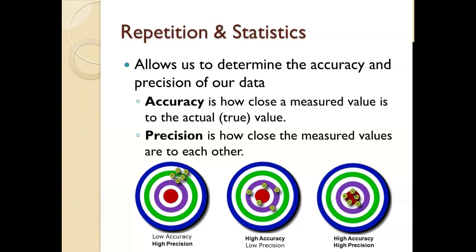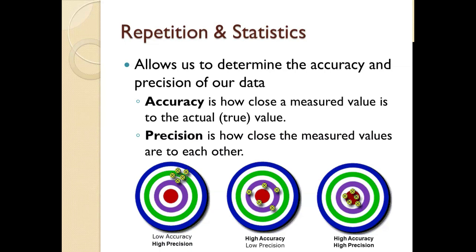So I like to think of this in terms of playing a game of darts. In the first panel, I have low accuracy, but high precision because I've thrown all my darts up and to the right. I'm consistently up and to the right. They're all close together and they're all in the same spot, but I've missed the real mark, the bullseye, which is what I was going for.